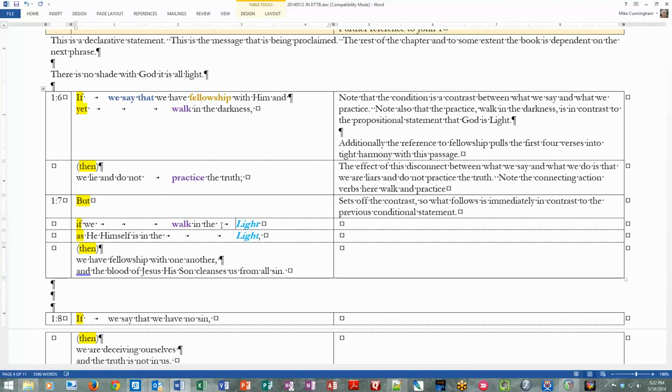So what I'm doing is trying to line up. I'm visual, so I'm trying to line things up. So what do we see? If we walk in the light as he is in the light, then, so on that second one,